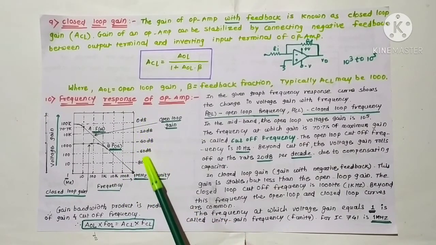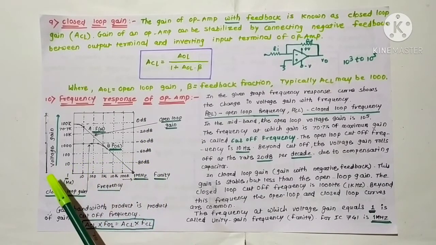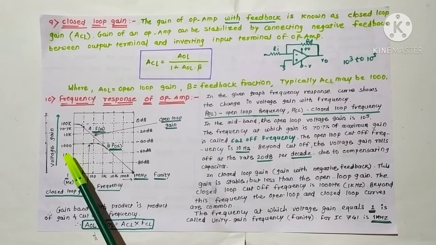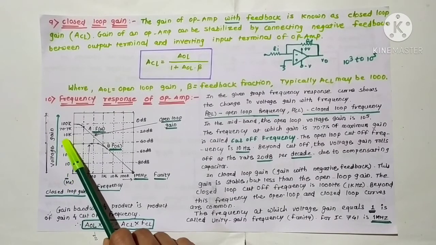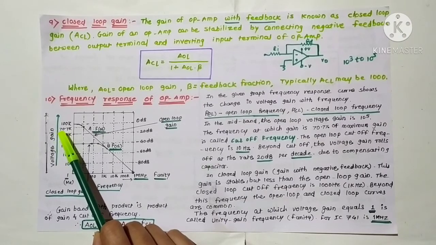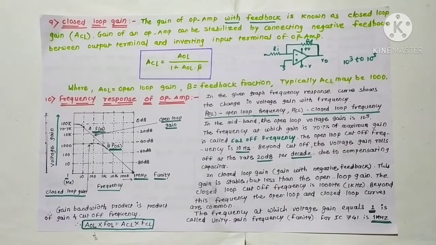Here the decibel gain is given: 0 decibel, minus 20, 40 decibel, 60 decibel, 80 decibel. Here voltage gain starts from 1, 10, 100, 1000, 1K, 10K. Here is 70.7K, 100K. You can see here 2